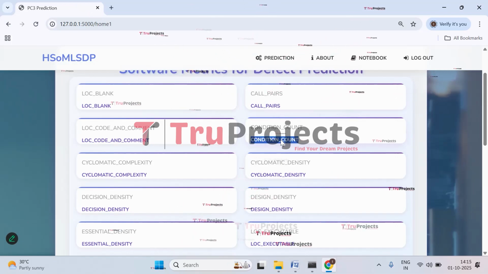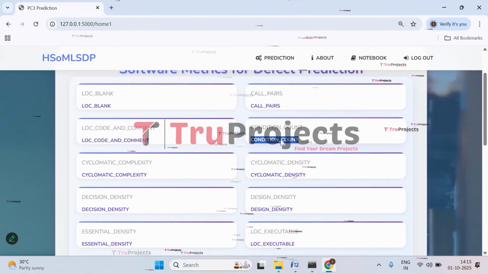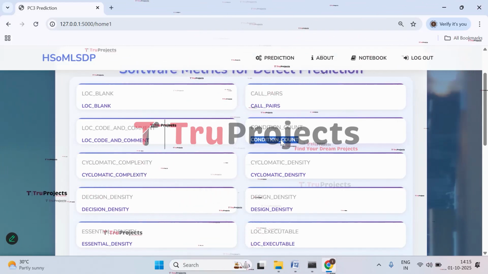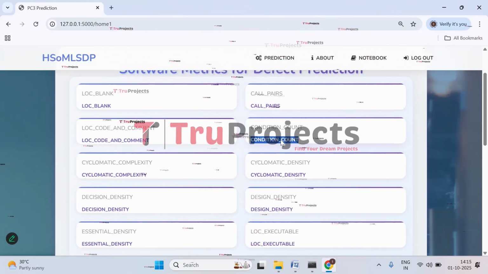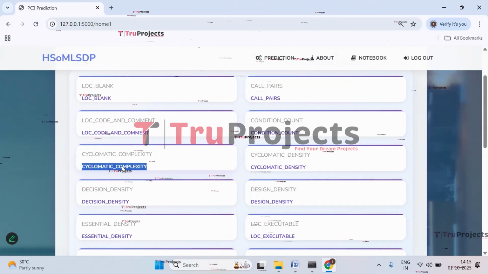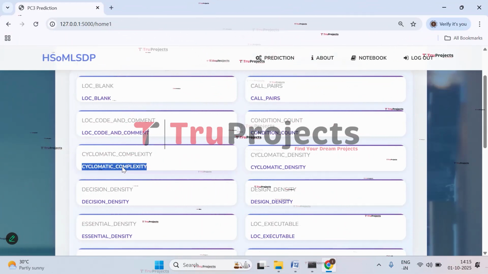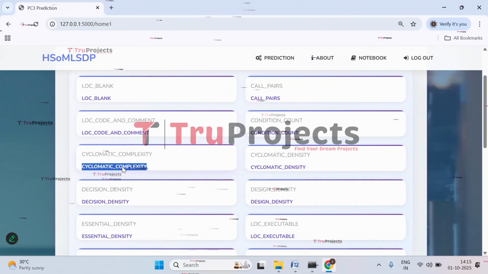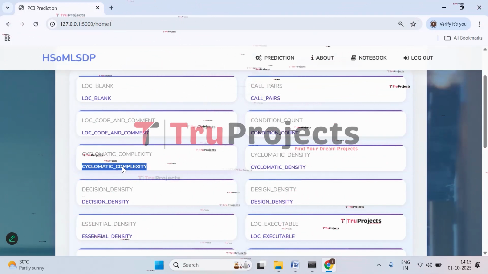Then we have condition count. It is the number of conditional statements in the code, like if or switch. Higher counts indicate more decision points and potentially higher complexity. Then we have cyclomatic complexity. It measures the number of independent paths through a program. A higher value means the code has more decision points and it is harder